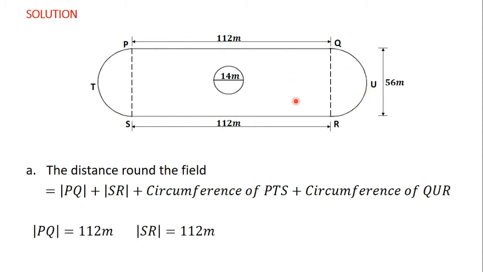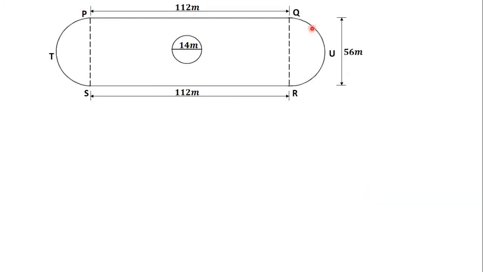From this diagram here, we can see that QR is 56 meters. In the same way, PS is also 56 meters. QR is the diameter of the semicircle QUR. So the radius will be half of 56 meters. We know that a semicircle is half of a circle. So if the circumference of a circle is 2 pi r, then circumference of a semicircle is half times 2